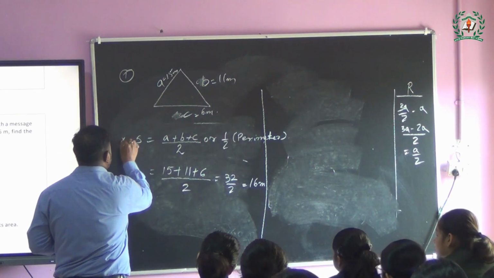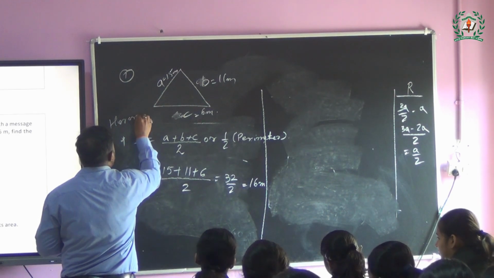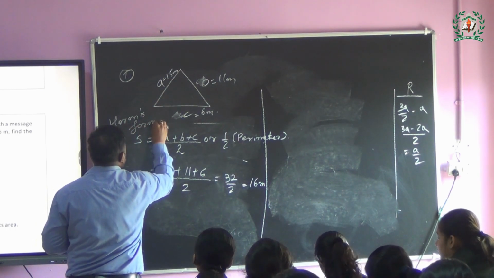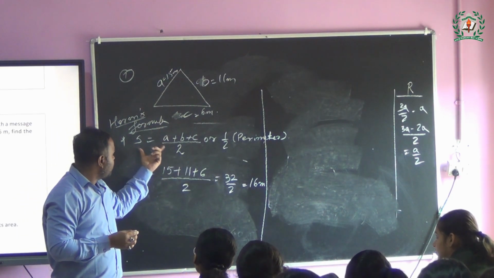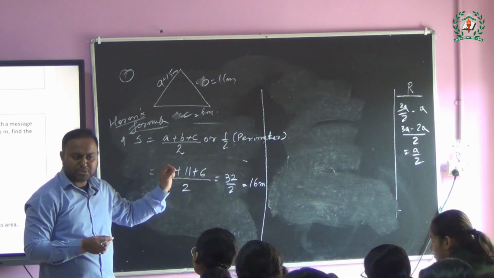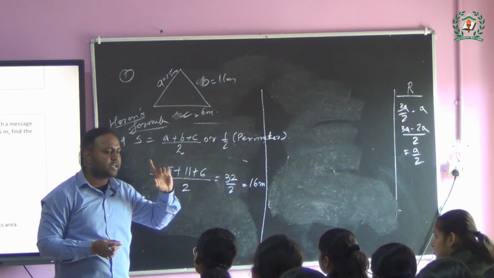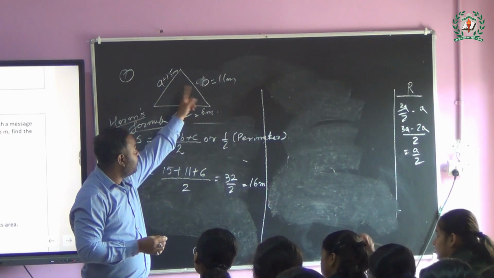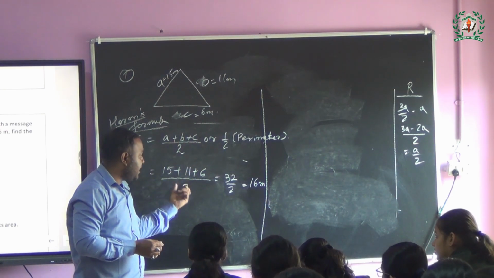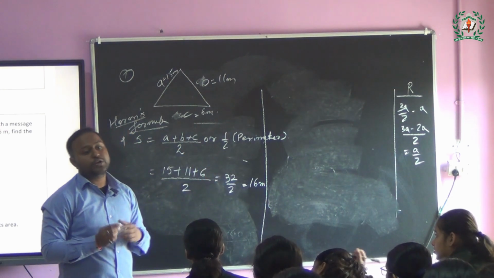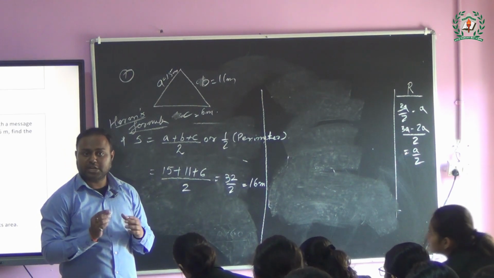What is it? Can anyone tell me? That is area. And before that, you should write down the Heron's formula in exams. Mostly, first you write S as the semi-perimeter, the given formula. Then you put the values. Because in exams, the examiner wants to see the figure first, the labeling of the sides, what is S, what is ABC, and putting their values. Up to this, it carries at least 2.5 marks. So please, this kind of question is very important for the final examinations.